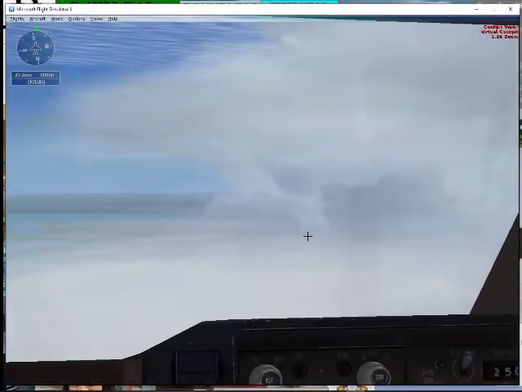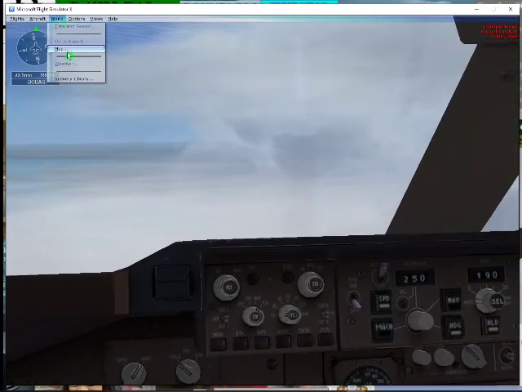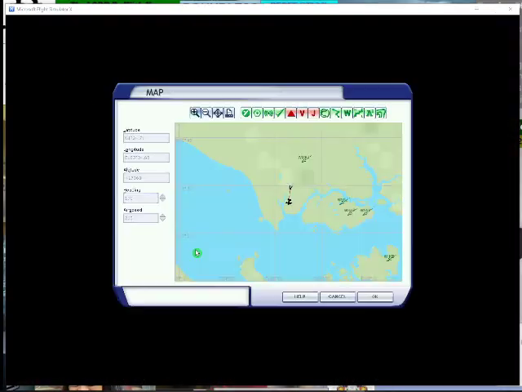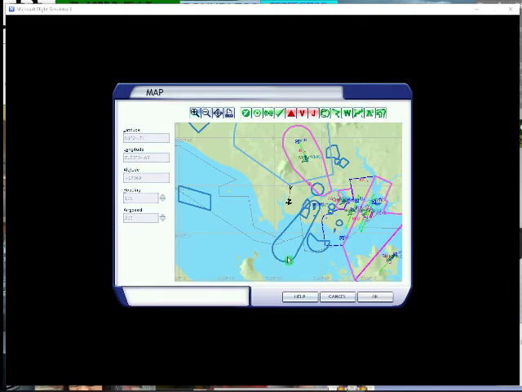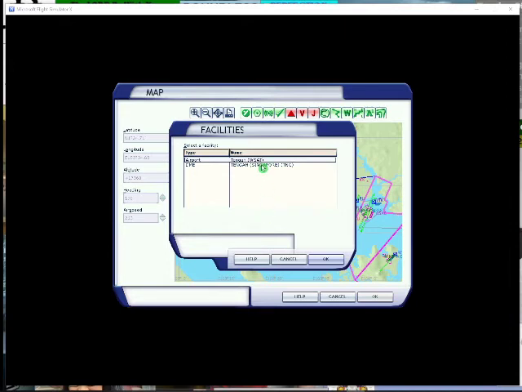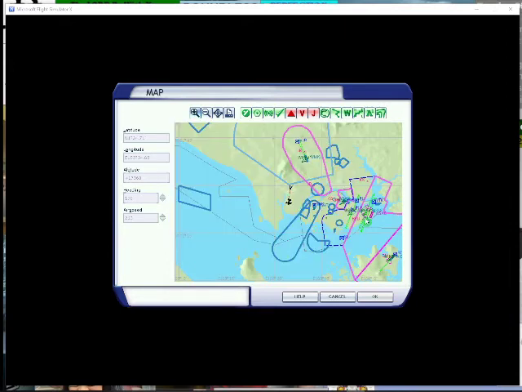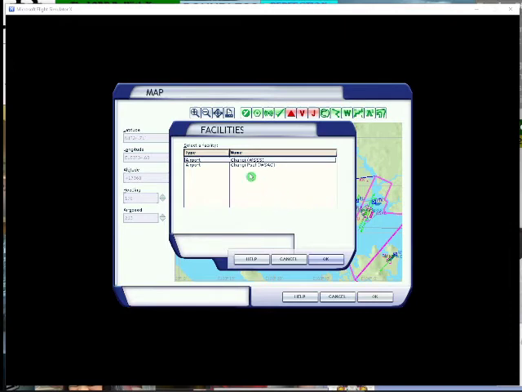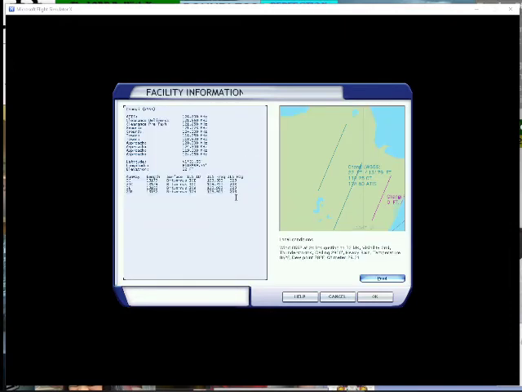So I just want to check out where Changi is on the map, what we're doing. So we're going to do this circular loop, I think, and then, no, we're not landing at Tengah. We're going round to here. There's Changi there. So one of these is going to be our landing runway. I'm not sure which one it is just yet, but it looks like it's going to be one of these